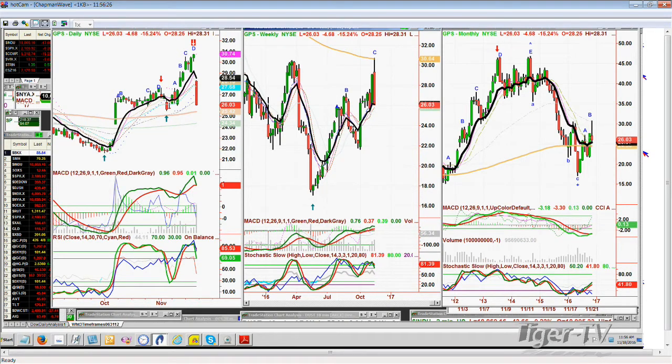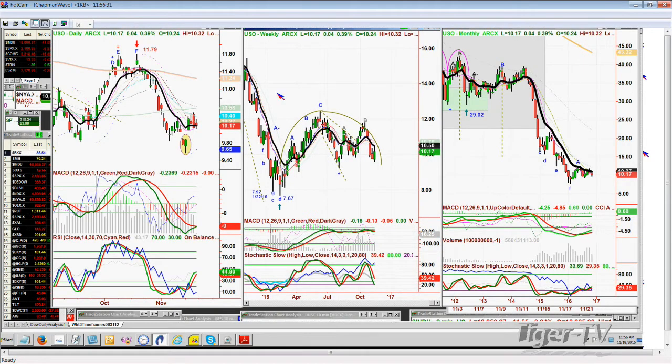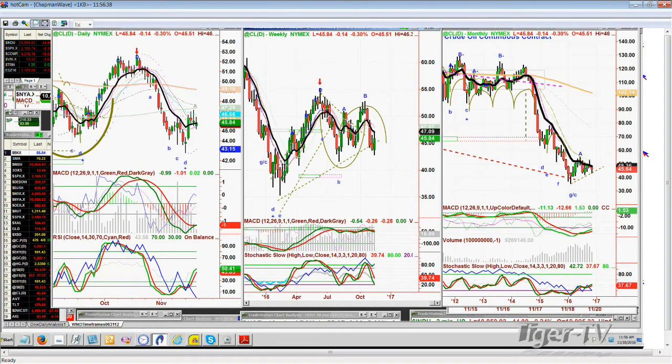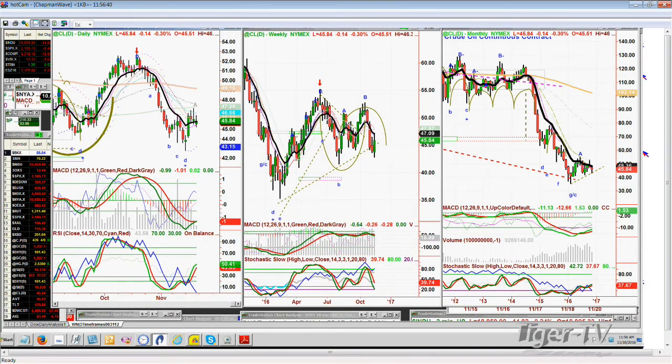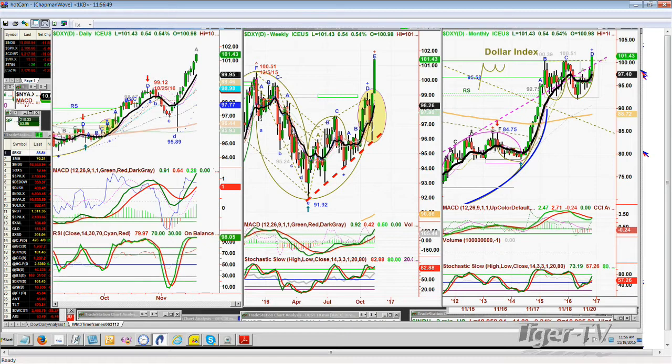But let me quickly look at crude oil, the USO. Remember, I spoke about that. I think it's in a trading band, and it is. The USO is stuck, and crude oil itself is stuck between the high 47s and the 44s. So what we're really looking at, and what I will deal with on Monday, is what is the implication of the dollar being so strong? Look at this, up 54 cents, breaking out of the monthly, huge move up in the weekly chart. I can see a flag pattern forming at some point, but if this is A, we're still going to B, C, and D. I mean, that is really positive.